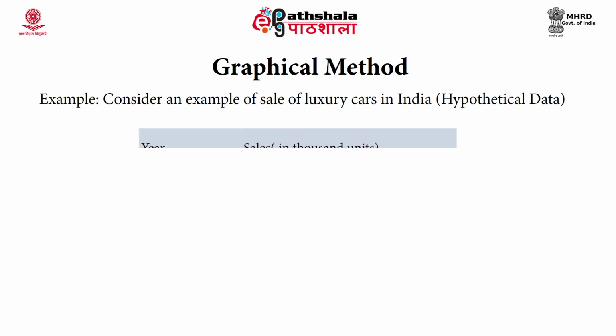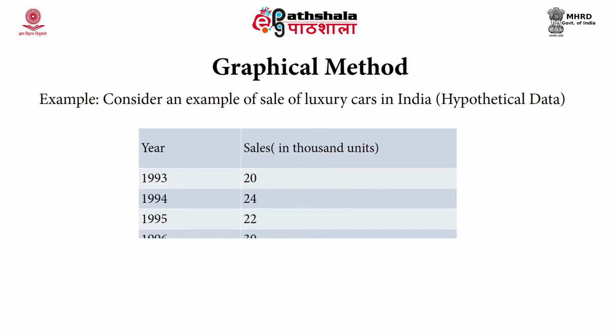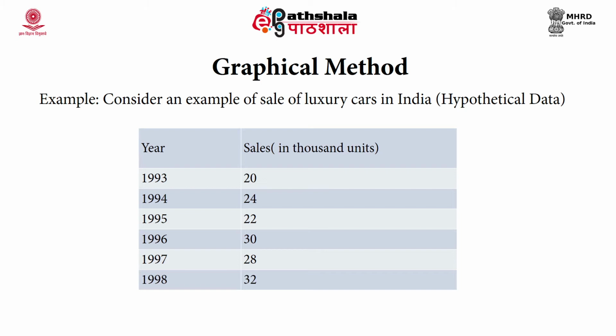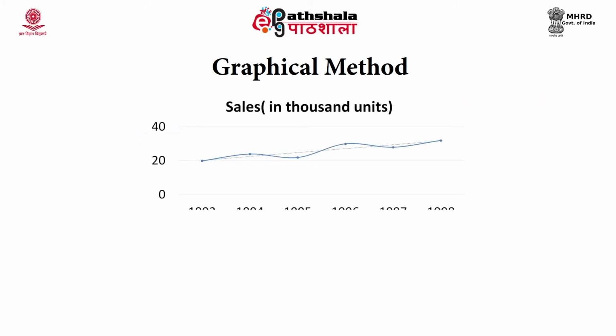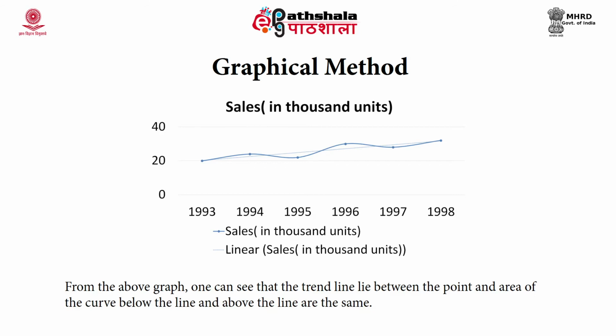So in this example we have sale of luxury cars, represented in the second column and given in 1000. If we have to draw a smooth curve, it is just by joining the points. If you plot the observation, that is values of sale, on the y axis, and year on the x axis, and join the points in a smooth curve manner, then you will get this figure.